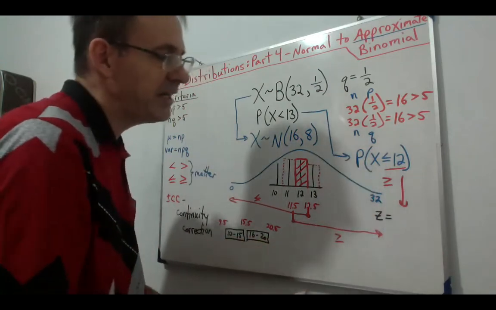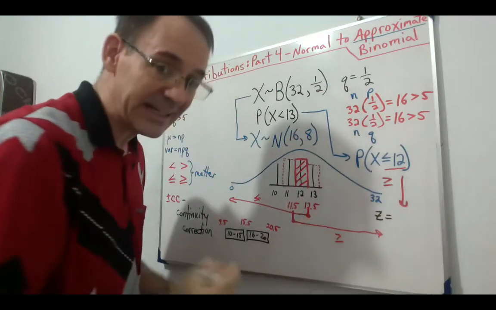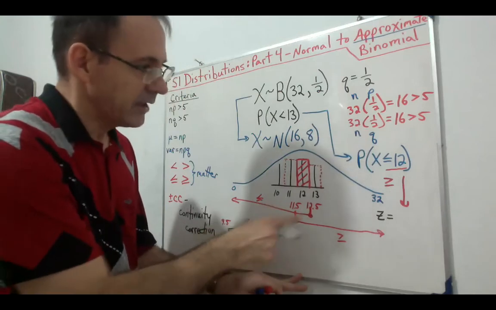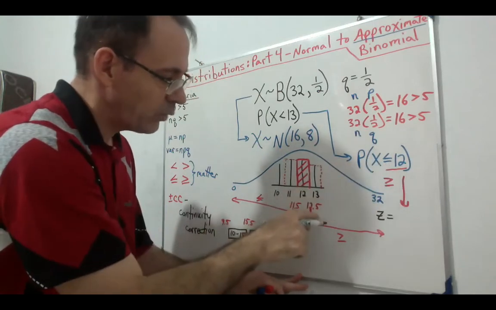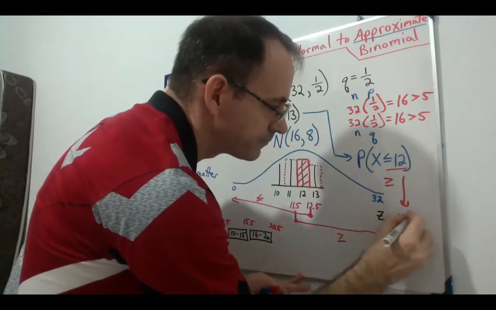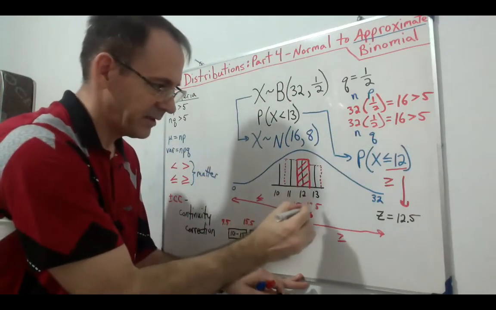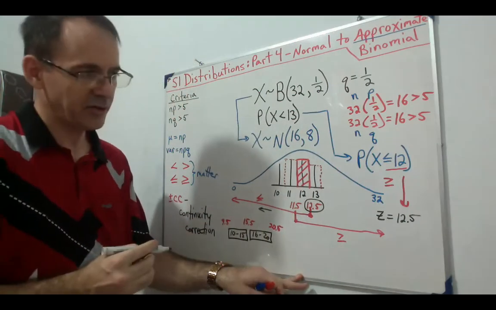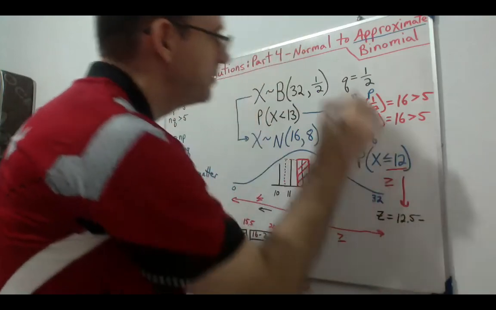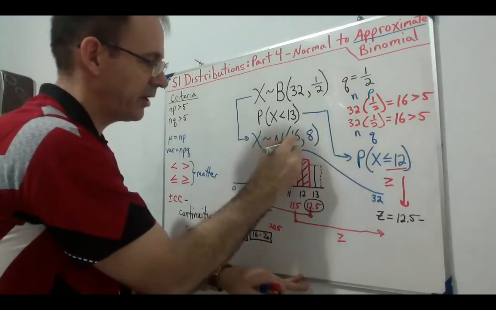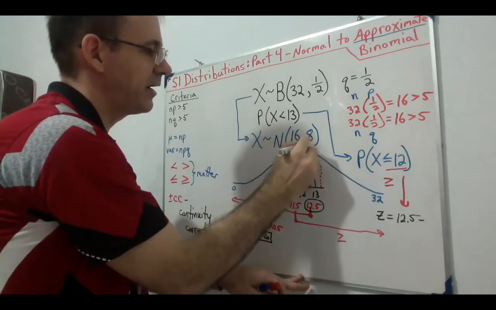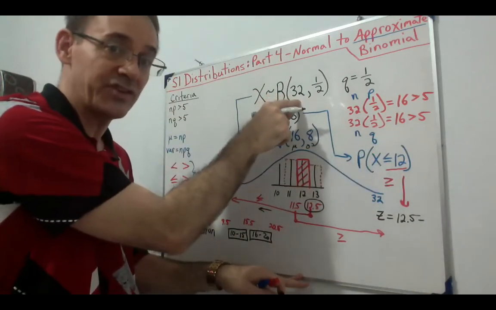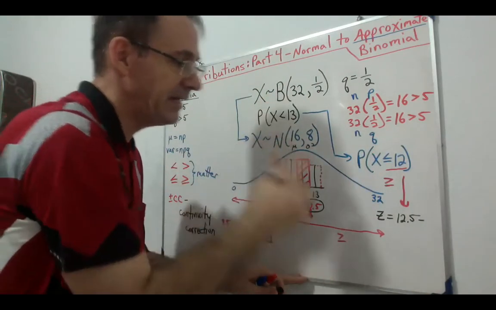So our Z, when we drop this number down into the X, remember our X minus mu over sigma. So because this is less than, we want the 12.5. Okay, that's this number here. We want the 12.5 because we are going in the less than direction. Then minus the mu, here's our mu, and this is our variance. So our mu is 16, not the 32, that was the n, the number of trials. Our mean is 16